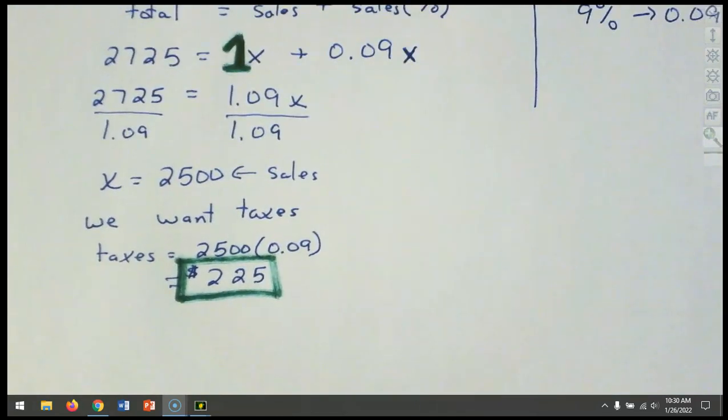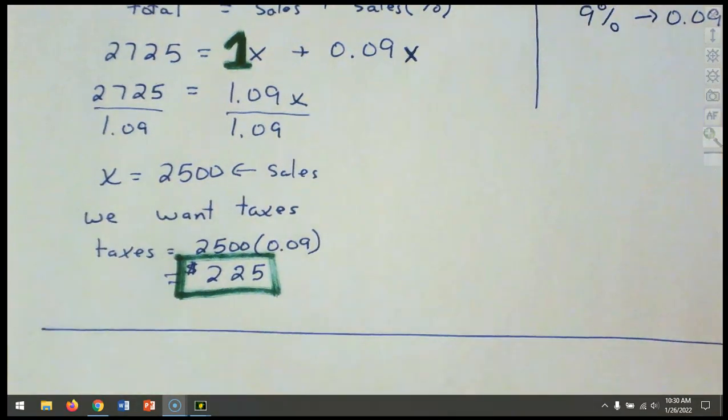Let's now go ahead and take a short break, and we'll meet back here at 10:40. So meet back here at 10:40, and then we'll try and finish up this